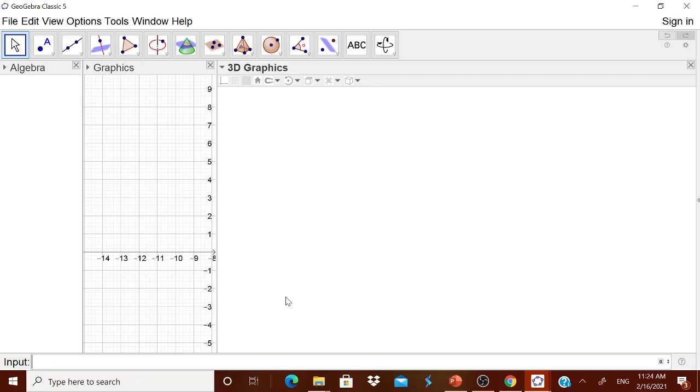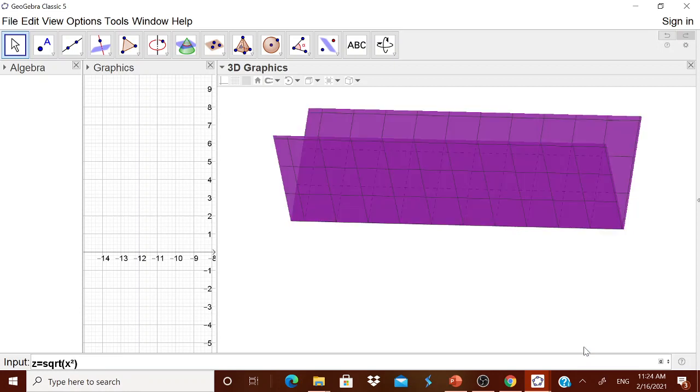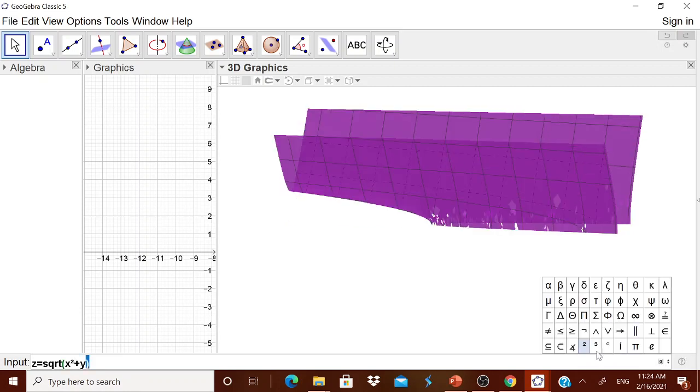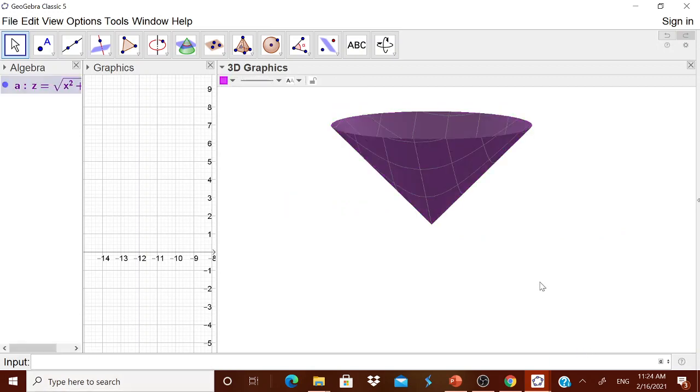Please note down, we are going to type some equations which will generate the cones and the conic section. The first is Z is equal to, you have to type square root, therefore SQRT, and when you type, automatically the square root will come. X square, therefore X, from this alpha it is square, plus Y square. Z is equal to square root of X square plus Y square. That is equation number 1. You see, you got a cone.